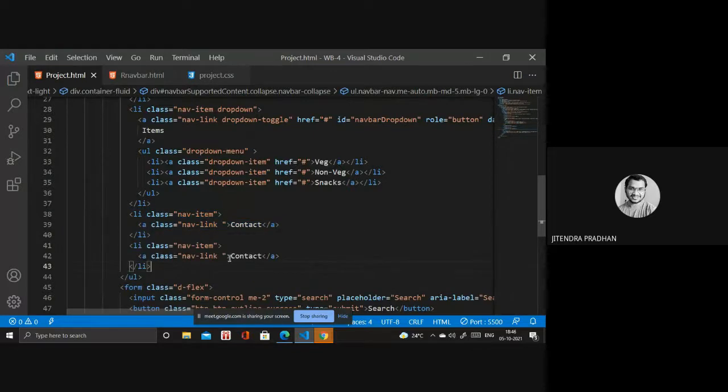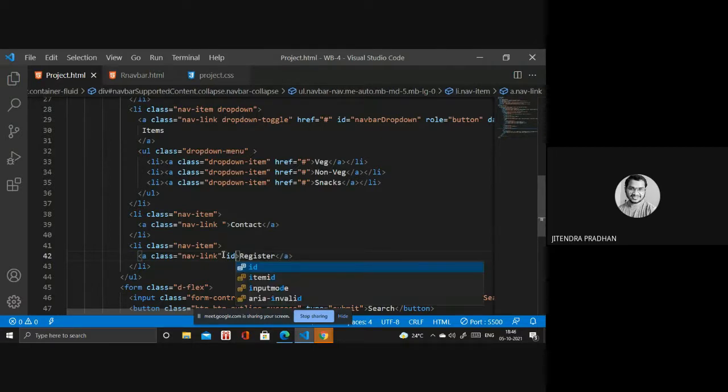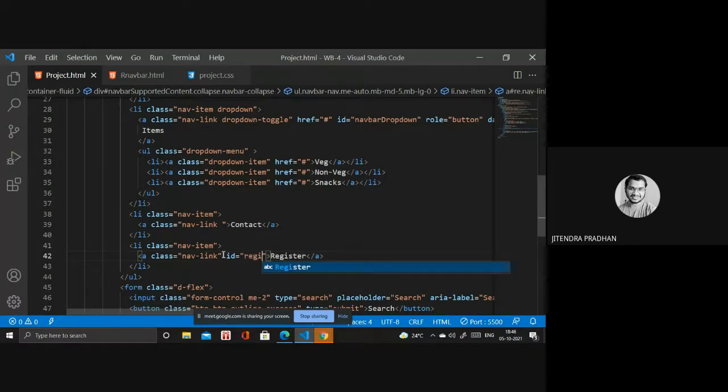We require a login button, or you can write a register button. Inside the register button, I need an ID for that, because I want to use a modal when I click that register button. So I need a register ID for that. Register.